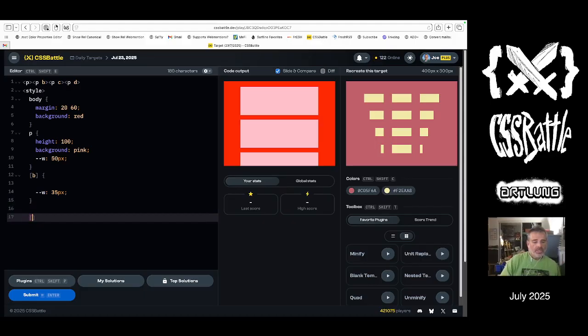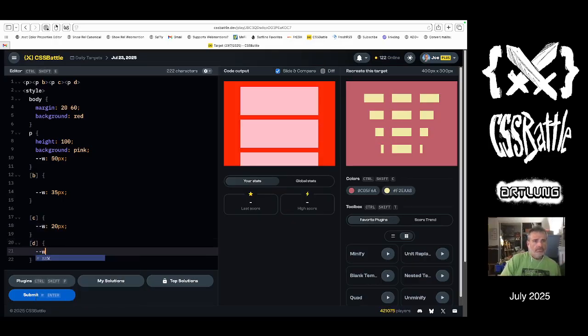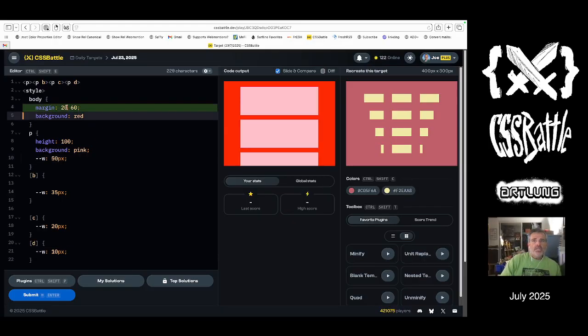We'll call C 20 pixels, and then D 10 pixels, let's say. Now I haven't applied any of that yet, so this is all kind of goofy. But if we unset,